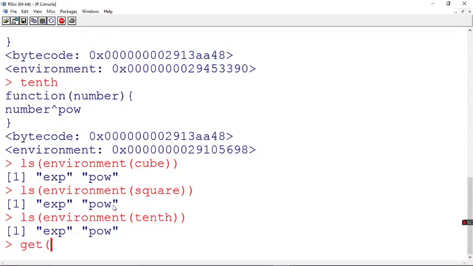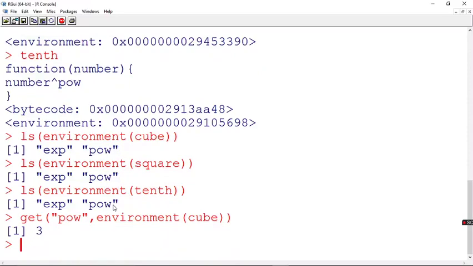Let us check what it is going to give. I say number. So number is not there in the environment. So I say exponent or power. Power is the value I want, and in the environment I want it from cube. So what will be the power value in cube? It has to be 3. Yes, see, you have got 3.